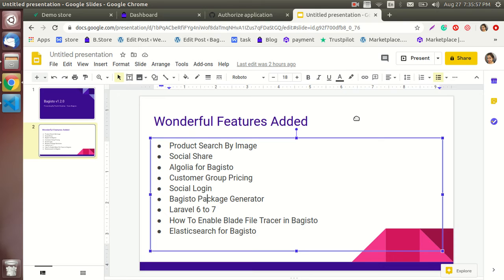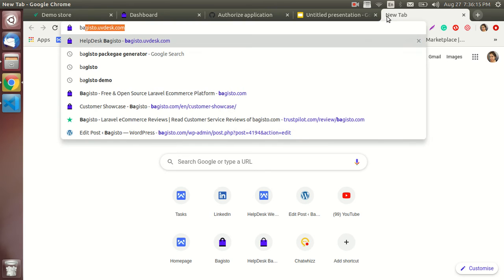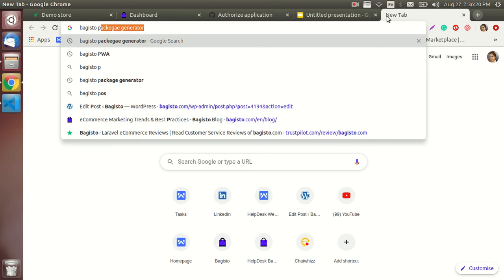You just need to run a single command and your package generator will be installed in your Bagisto repository. And it brings a lot of demanding features that allow your business to scale over time. So now let's see from where you can download this Bagisto package generator and where you will get the GitHub repository for the same.